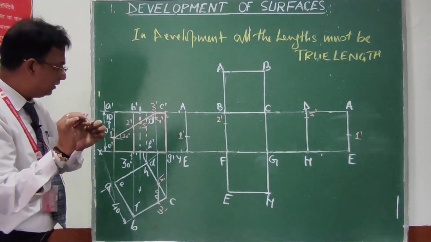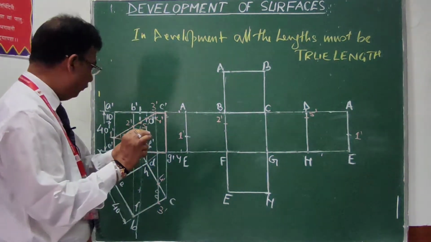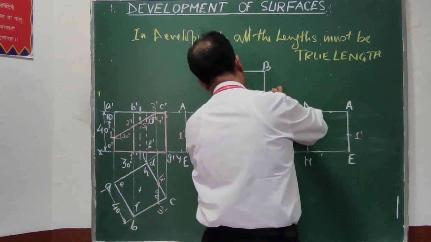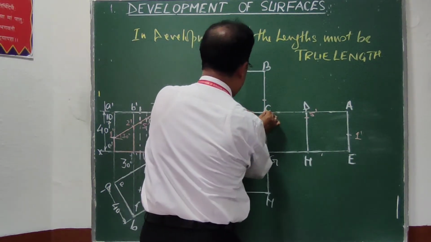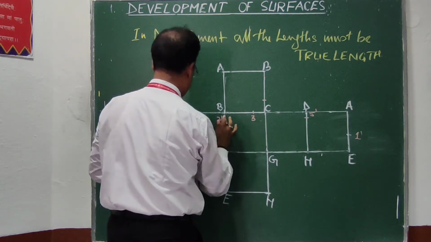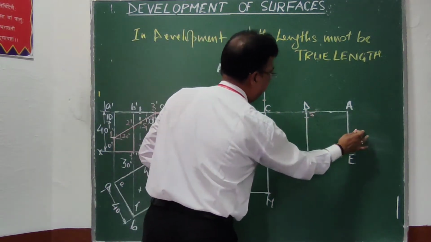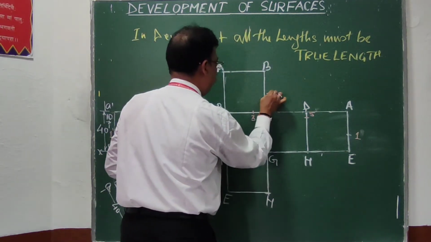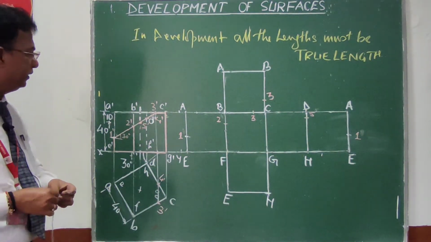So I have picked this distance C3 dash towards B, in the upside also and in this figure also. So this point will be point 3. Don't write that 3 dash, that will be 3, and this point will also be 3. Twice I will get 3 because BC will be twice there.